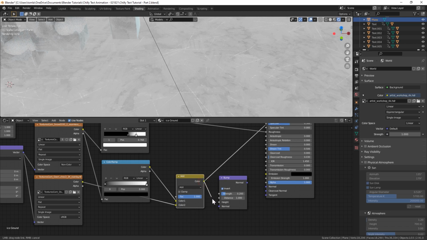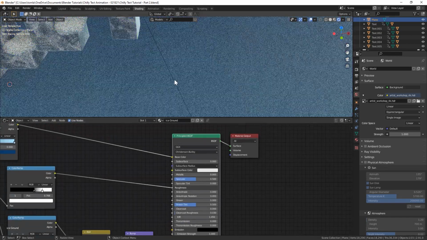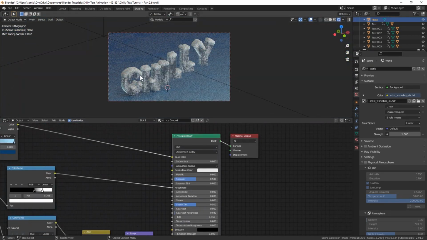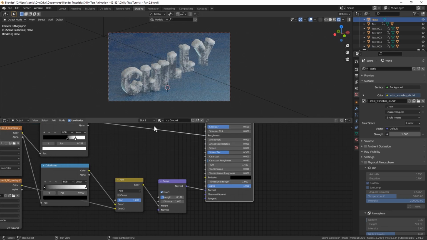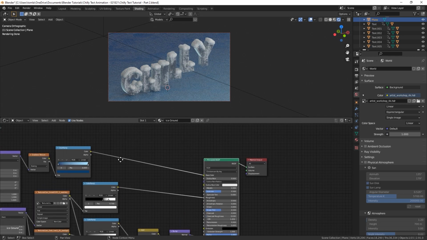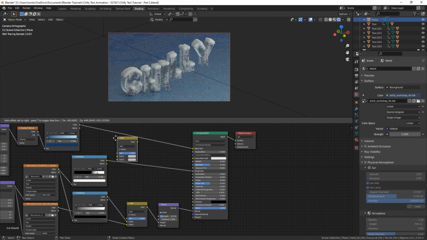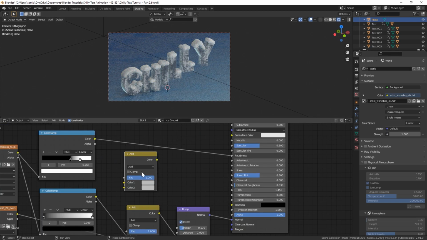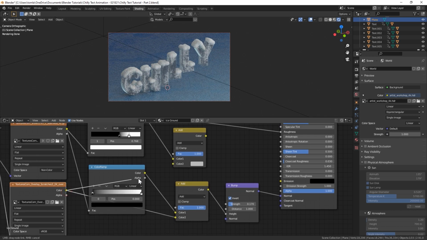So now I want to plug that into our height value for bump, and we could plug that into the normal input. Let's go to camera view again, and you can see we got some bump going on now. Might be a little too strong. We could turn that down to like 0.17, but that's still looking pretty boring and not very good. So let's add, and let's duplicate this add node right here, bring it up a bit. And in our first input, we'll put our color ramp from our snow texture again. And we'll just do that again here.